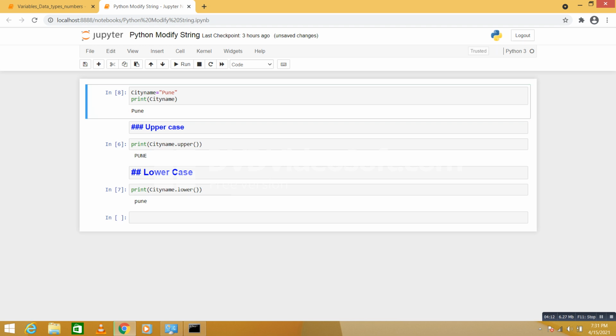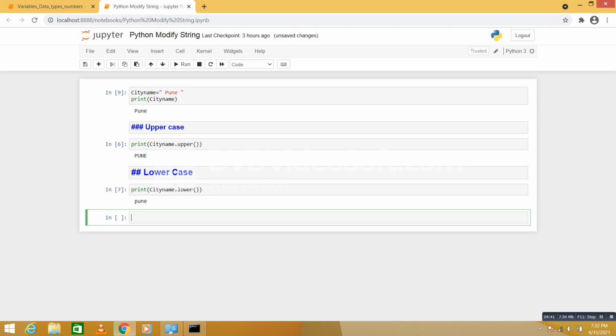If you select, only the word Pune gets selected, but with the space it will highlight the space also. You can observe that after the e there is some space, and before the P there is some space. When you highlight it, the space also gets highlighted, so there is something there. I want to remove the space before and after the string. For that we do the same thing, print